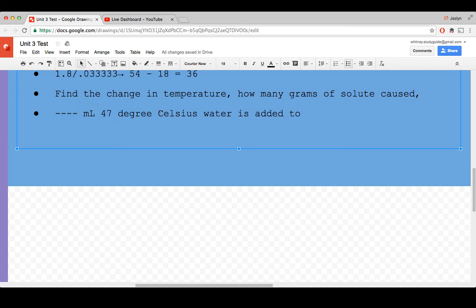So you add this temperature water to 250 milliliters of 19